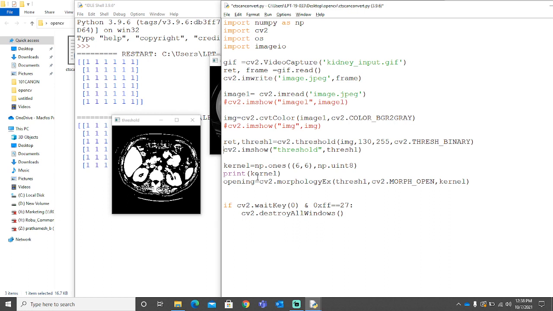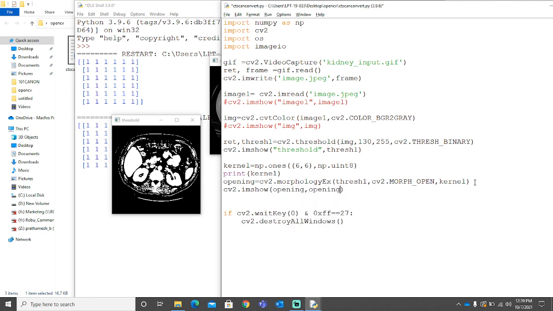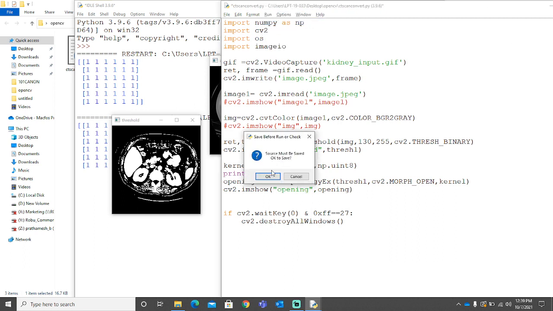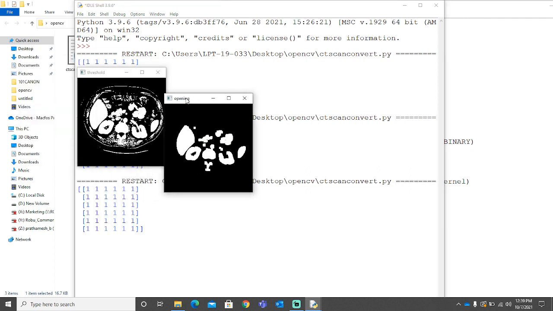Let's keep the thresholding image to see the difference. cv2.imshow opening, and I need to give it a title. Okay, let's run it. Yeah, see, a huge difference.